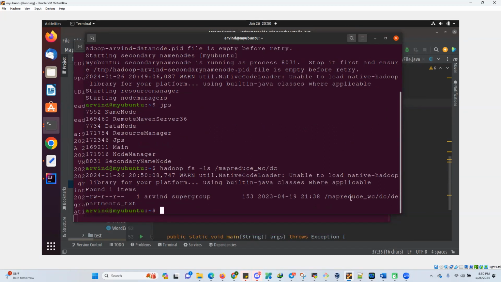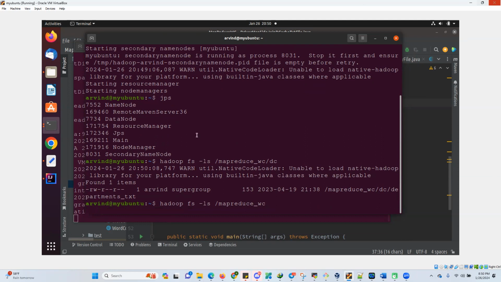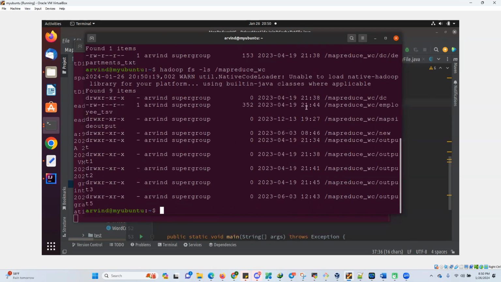So if you see, my department.txt is here. If I see directly here with WC, some employee.tsv file is there. Okay, so what is the employee.tsv file? This file is my last data set. If I want to see this file,